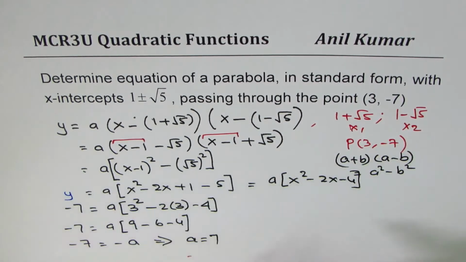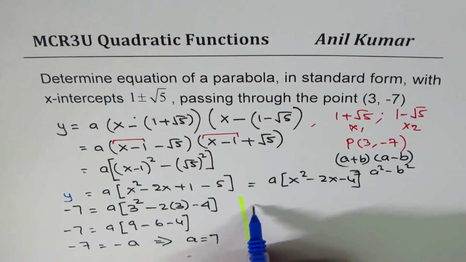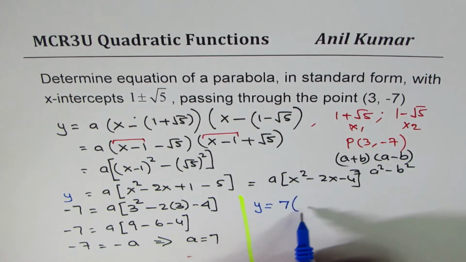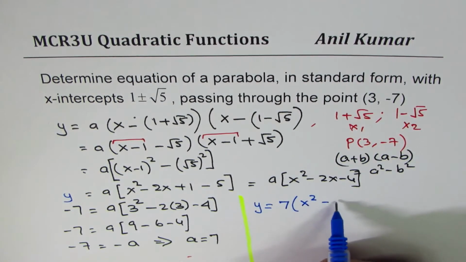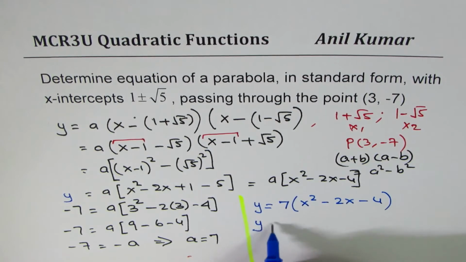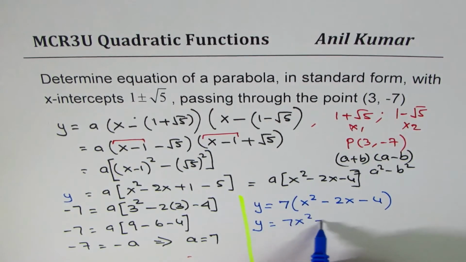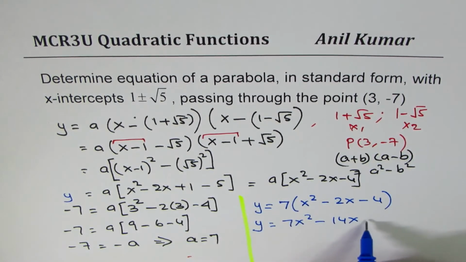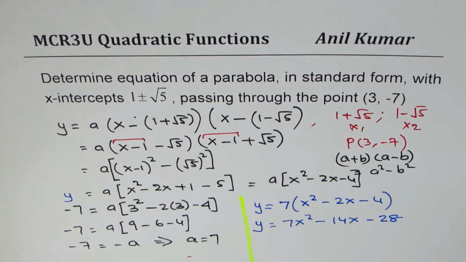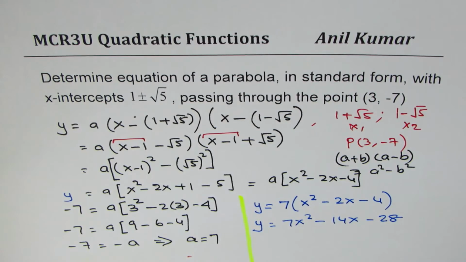Once you know what a is, we can substitute this value in this equation, right? And then write down the answer, which is right there. So we have y equals a, which is 7 for us, 7 times x squared minus 2x minus 4. Open the brackets. We get y equals 7x squared minus 14x minus 28. So that is how you can get standard form from the given roots when the roots are in radical form, as in this